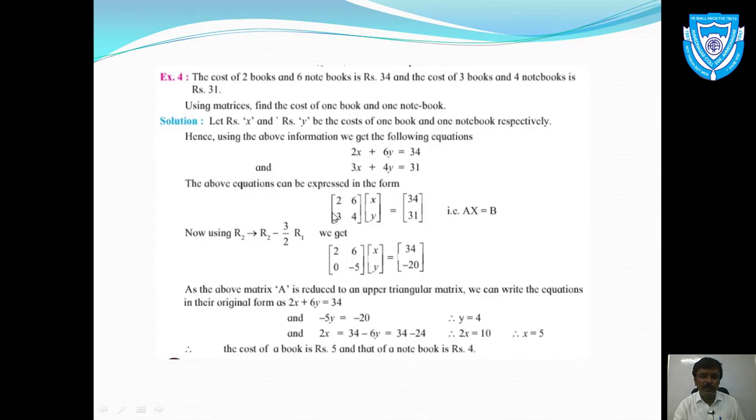यहाँ पे ना method of reduction use किया है. पहले ना फर्स्ट और सेकंड इक्वेशन को मैट्रिक्स फॉर्म में लिखा है. मैट्रिक्स फॉर्म में लिखने के बाद यहाँ पे जीरो लाने की कोशिश की. Once we got zero over here we'll again write the matrix form into equations. इक्वेशन में कन्वर्ट करने के बाद after few calculations we got the value of x as 5 and the value of y as 4. x is equal to 5 and y is equal to 4. x is equal to 5 is nothing but the cost of one book and y is equal to 4 is nothing but the cost of one notebook. So this was all about the inversion method and reduction method.